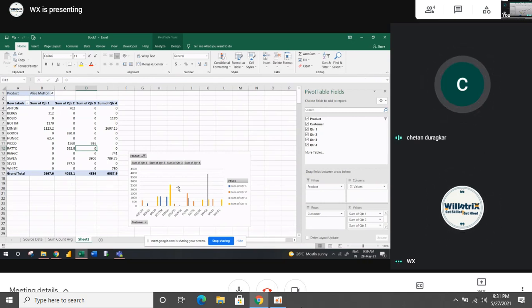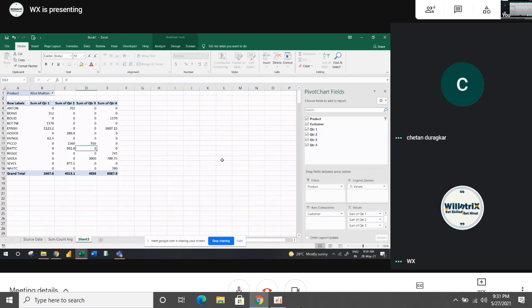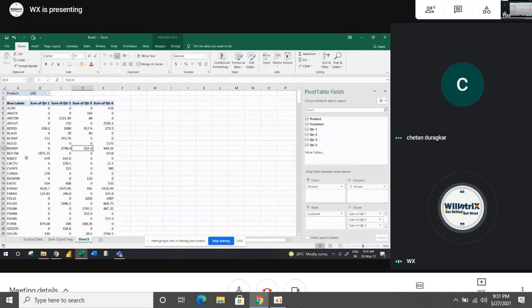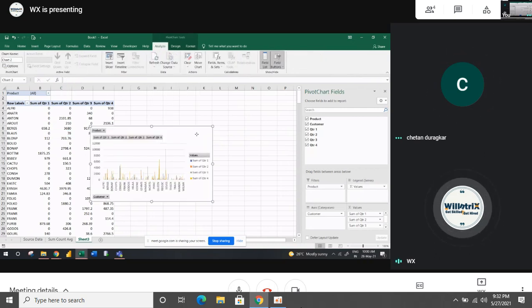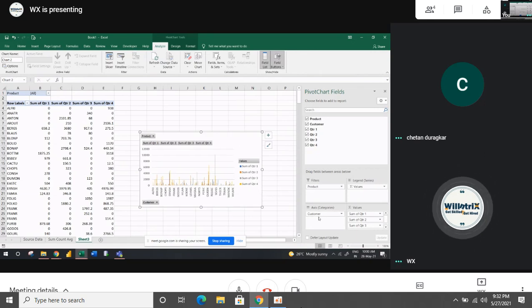Akash, can you please insert this chart again? I missed it actually. Okay, one second. I will clear all selected. Be on the pivot table, go to Insert, and you can see the charts here: column chart, line chart, pie chart. Based on your requirement, you can select any chart. This chart is giving all the things first. No, this is a normal chart only. There is no difference at all between a normal chart and a pivot chart. Better you work with a normal chart only.